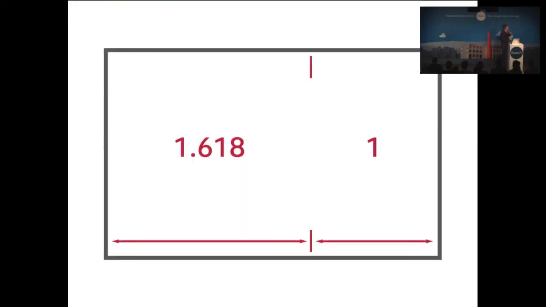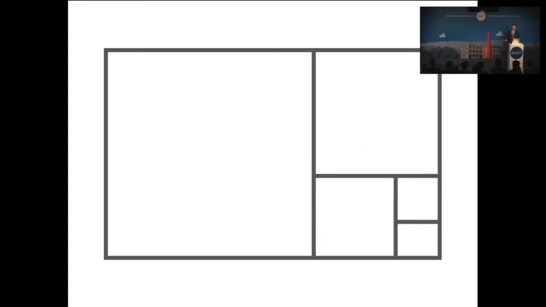So instead of guesswork, we can use mathematical ratios to inform layout decisions. And using ratios is particularly relevant to responsive design now, and it's made even easier by tools like Flexbox. So I doubt that there's many people that haven't seen or heard of the 1 to 1.618, the golden ratio. This is a naturally occurring ratio that's been used in architecture and art and design for centuries. But it offers more than just columns because we can use it to create a series of what are known as golden rectangles.